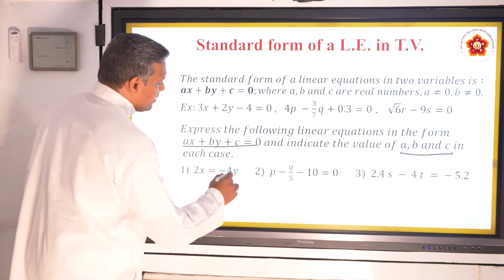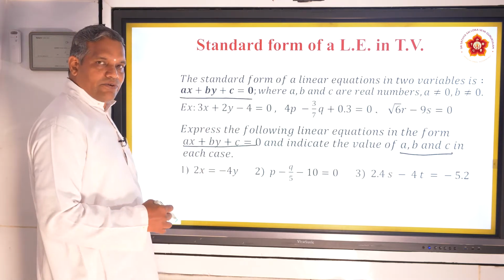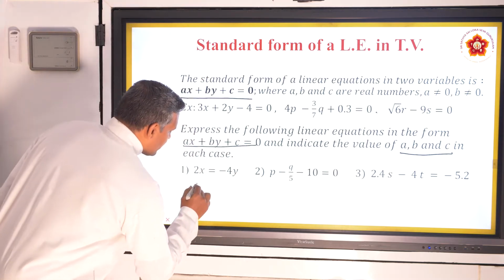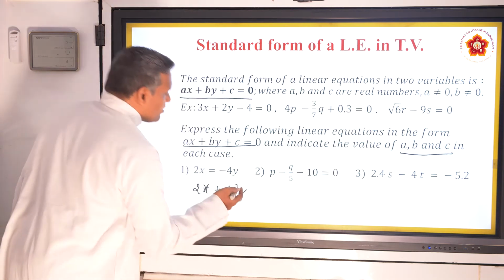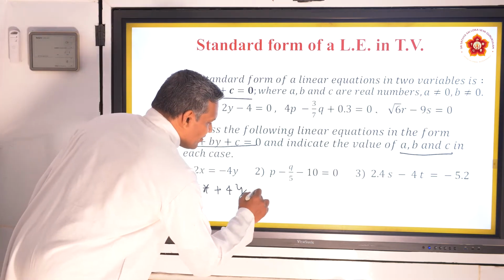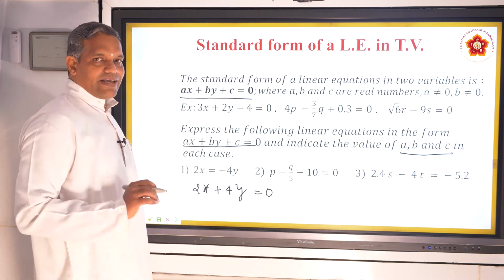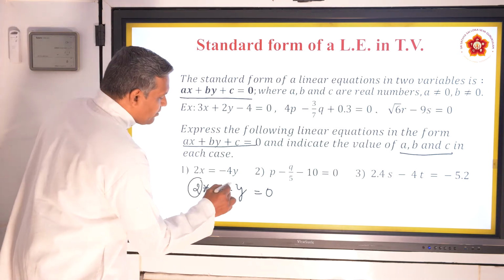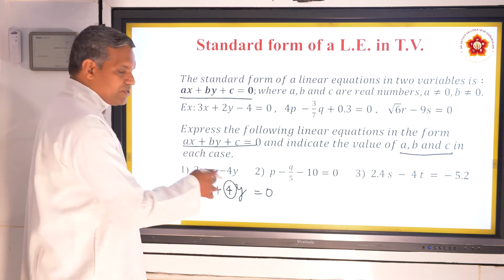So here you have this. Is it in standard form? No. So I should bring it back to standard form; that is the first job. Let me bring it back to standard form: 2x minus, if it comes this side, it's plus 4y, and c is not there. What is the value of c? Of course it is 0. Plus 0 equals 0. I don't write plus 0 equals 0, it is not necessary, but c's value is 0 there. So what is the value of a here? 2. Easily understood. What is the value of b? b is plus 4. That's it. What is the value of c? c is equal to 0.